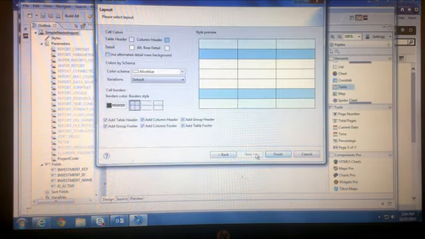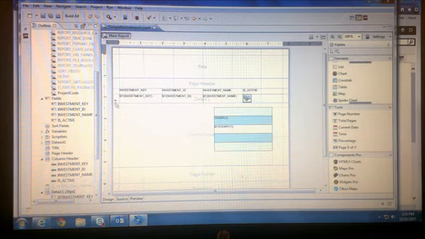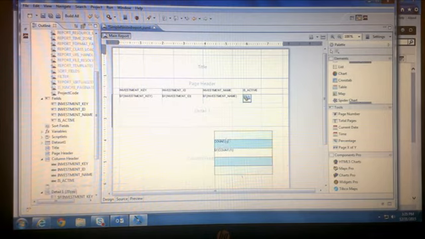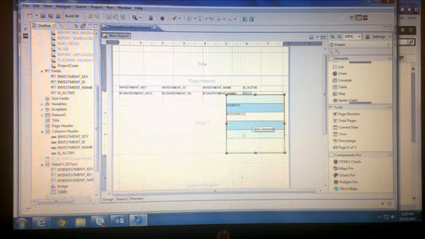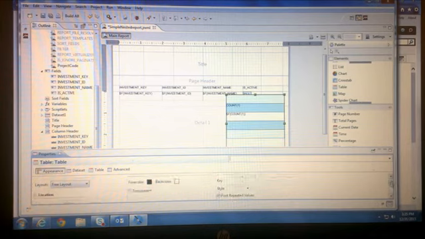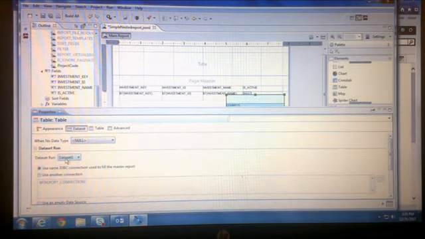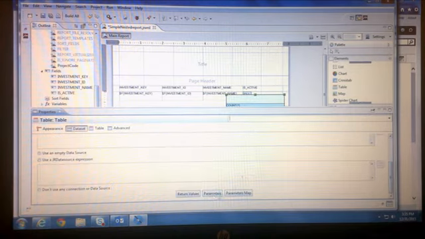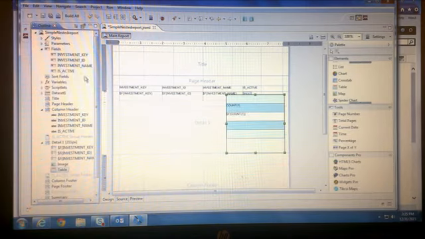Next we'll keep the formatting as it is. So let me just list this in details. So let's click on the properties. Here in dataset it will allow you to select the dataset and it has parameters at the bottom. Now let's go back to the dataset.